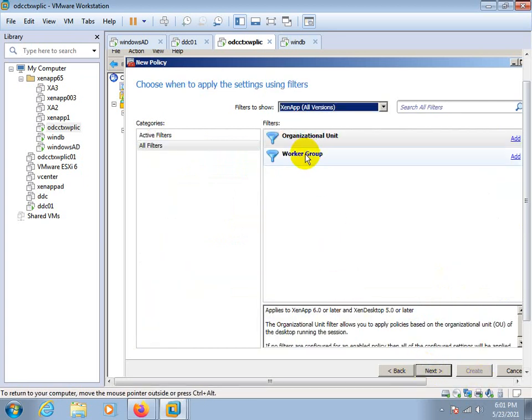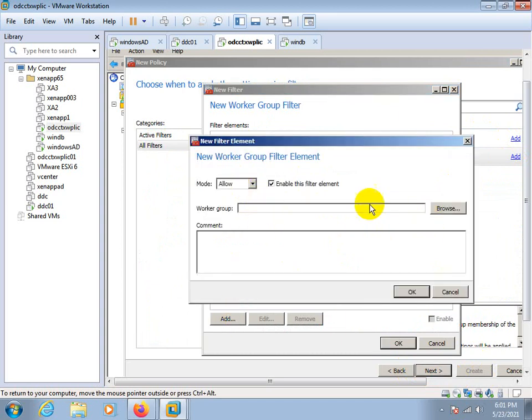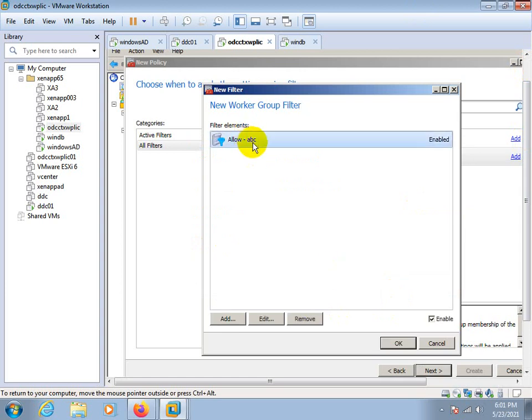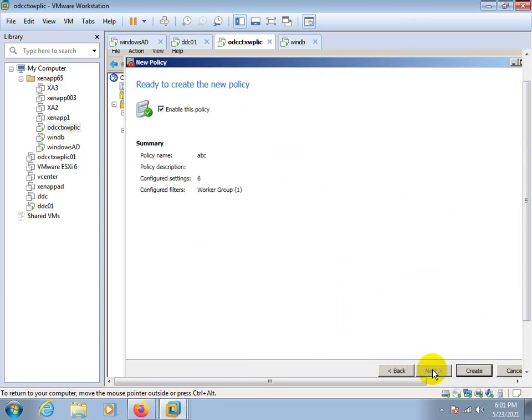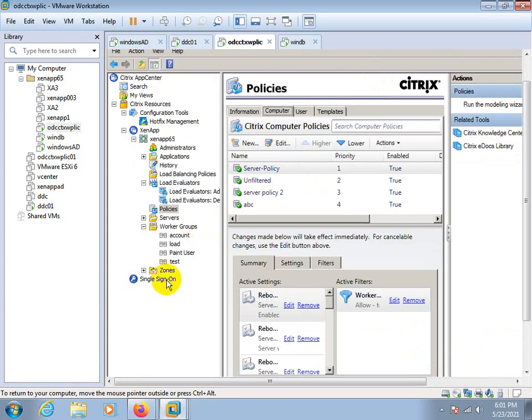Then suppose you have created a worker group, you need to choose it. Whatever worker group is mentioned here is what we created, ABC. I have created the worker group with the name ABC.